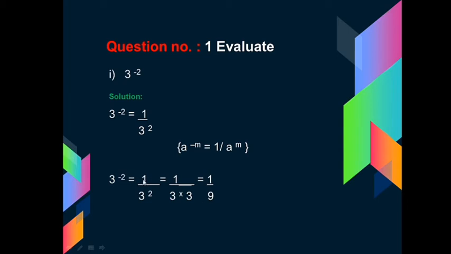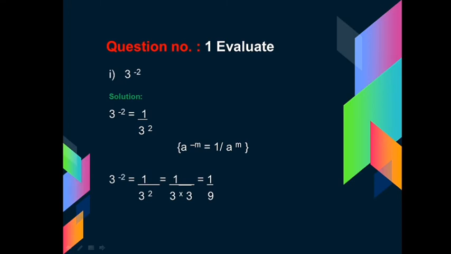We know that 1 upon 3 raised to the power 2 means we have to multiply this 3 two times with itself, as it is given raised to the power 2. When the power is 2 and the base is 3, we multiply 3 with itself 2 times. So we write 1 upon 3 into 3, and 3 into 3 is 9. So the answer is 1 upon 9. Always remember one thing: when we have to evaluate, or find the solution for exponents and powers, we want the result with a positive exponent only.